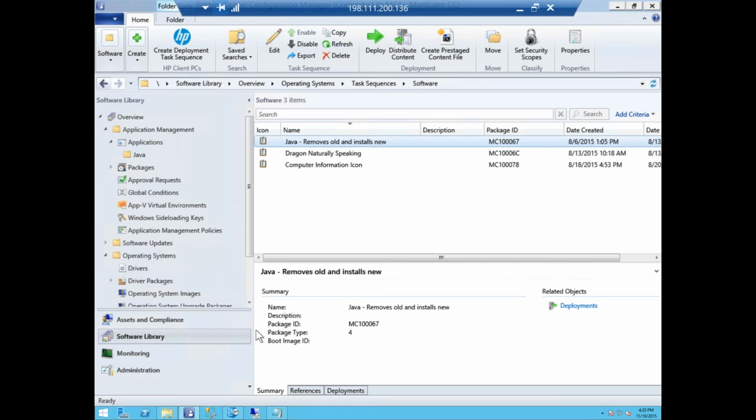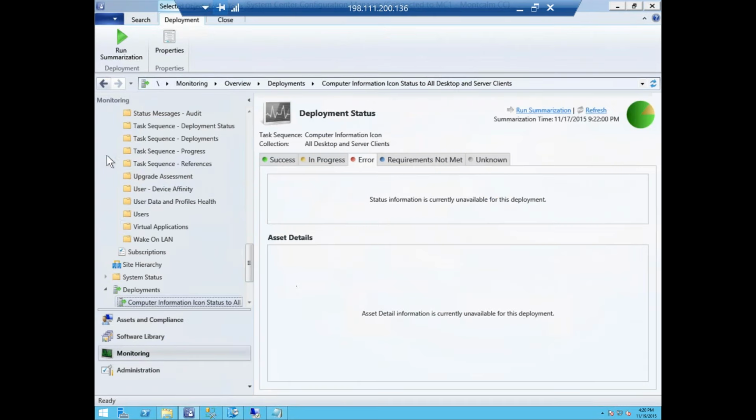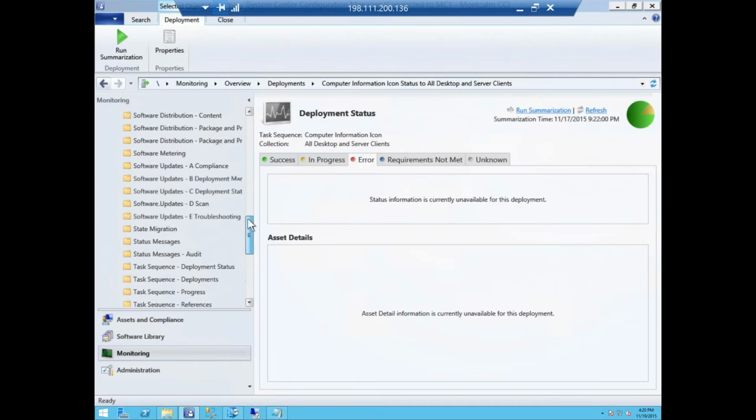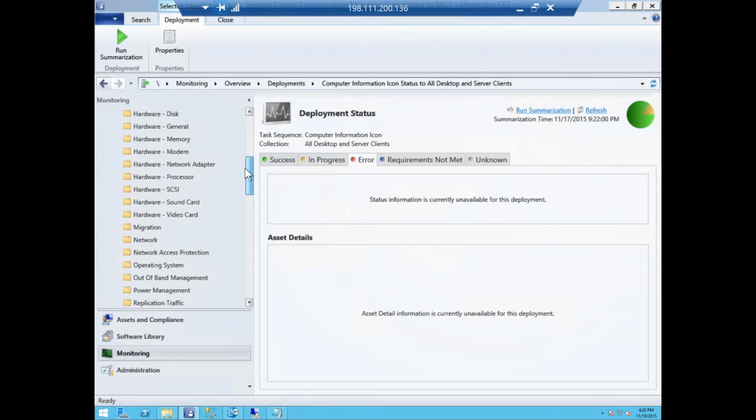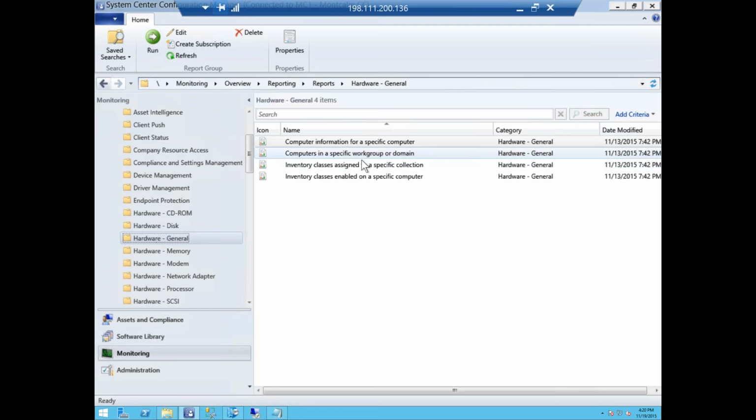Jody, can you use this as an inventory system? Absolutely. The question is, can you use this for an inventory system? And the answer is yes. Because you can set it up to scan anything and everything in your Active Directory in your network, and then you can come in and write reports or pull up reports of everything that's out there. Let's just look. Hardware general. Specific workgroup or domain. Let's go for